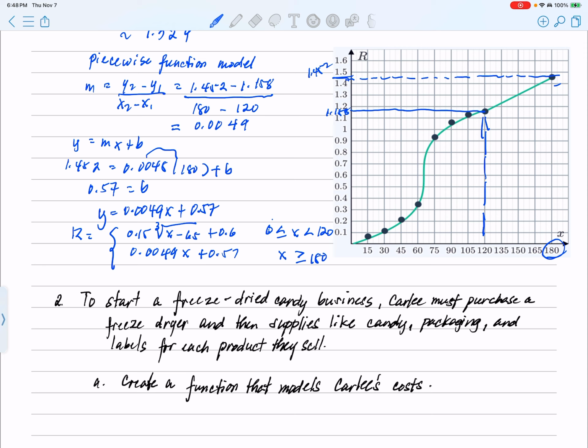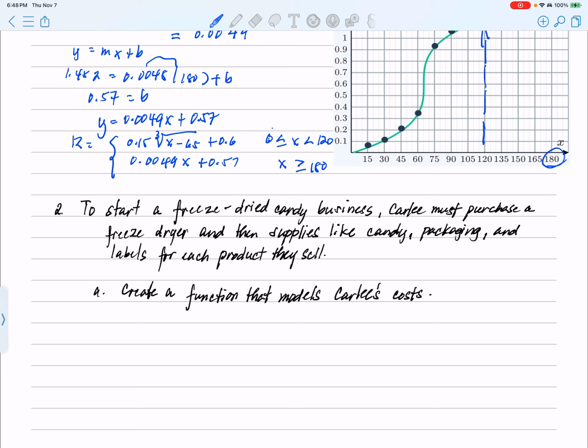So we will need to research the cost when we want to create a freeze dryer for candy. How much is the cost for a freeze dryer for candy? From the internet, we could find a home freeze dryer that is costing